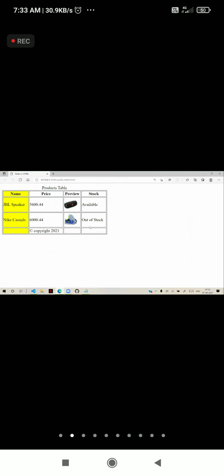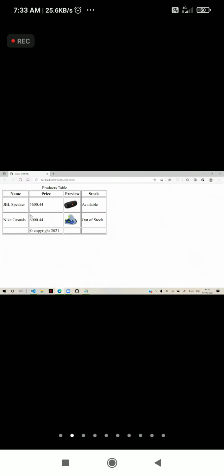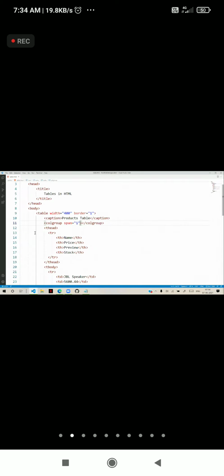Without effects also, with frames and rules, we can display that column group. I will show you. If I don't give effects currently, it will not have any appearance here. So that is actually column group. To group the columns to display as a separate category, we can apply the effects and configure it.